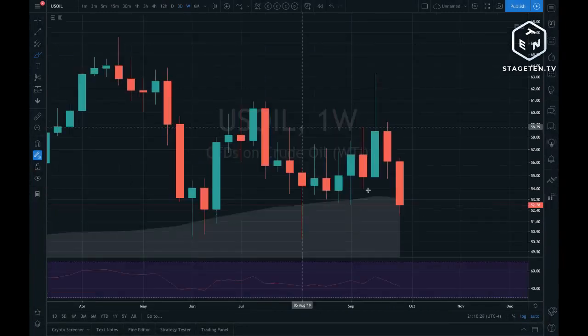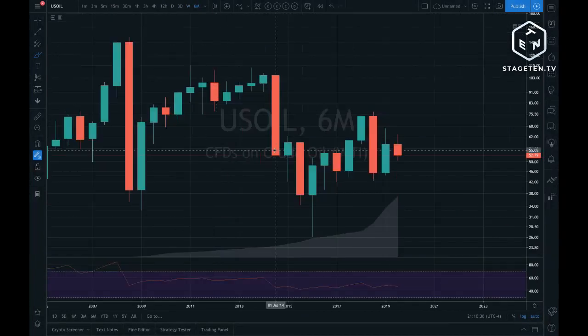On a weekly scale, this is prime territory for us to create a triple bottom and start to work our way back up. I don't think we're going to go back to the area where we were looking at like $144 oil like we did back in 2008, where we had the housing crash, right? Because this is that same time where we had that crash. But we are definitely going to start moving back up on oil, maybe going back to $75 or $85 for a barrel of oil. Nonetheless, these are all going to be weighing on the stock market,